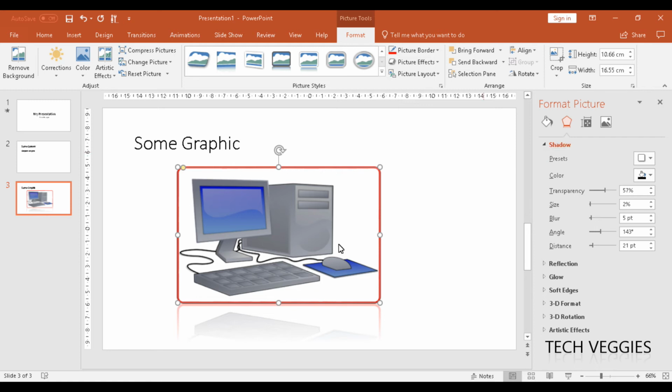It's pretty cool. Alright, so I hope this video helped you to understand more about working with graphics in PowerPoint,